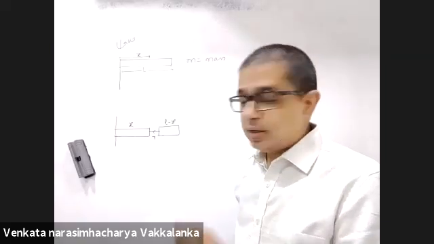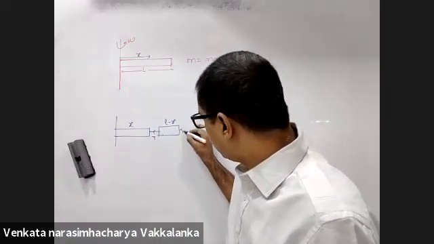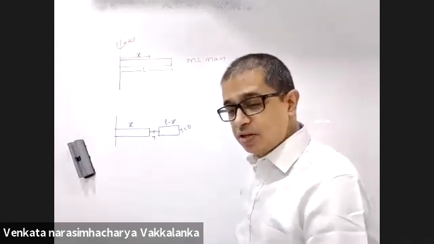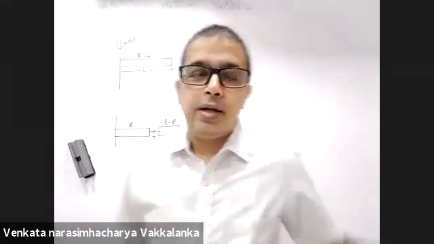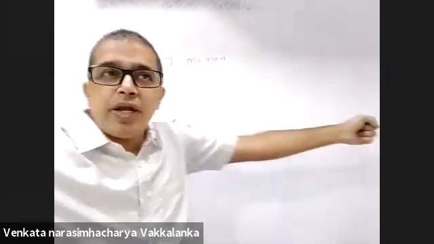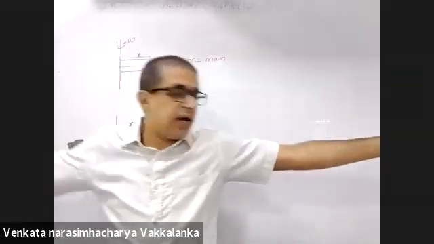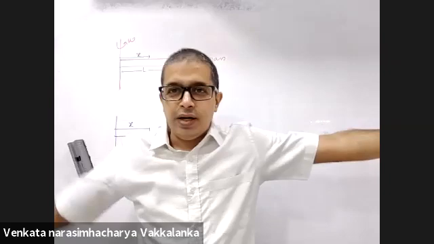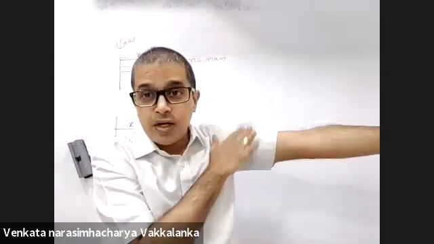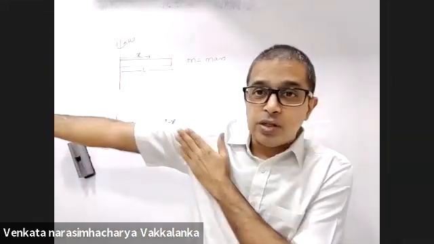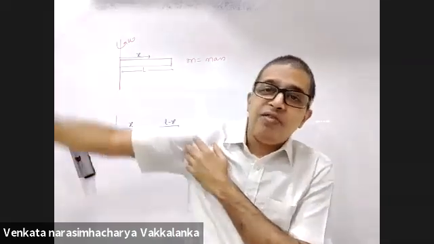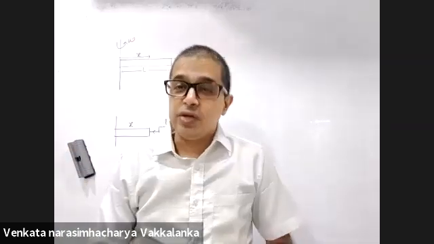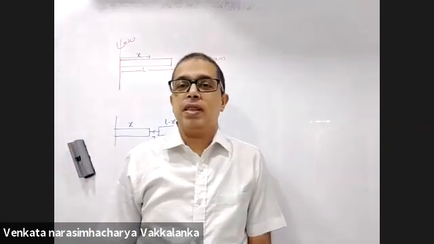Where is the contradiction? As I am moving to the right, tension is decreasing. At the right extreme, tension will become zero. Do you agree with that first point? Yes. Catch a pole with your left hand and keep rotating around the pole. The hand holding the pole will have greater tension than the right hand, which will be free. So as I move out, tension is decreasing. Do you agree with that? Yes, sir.